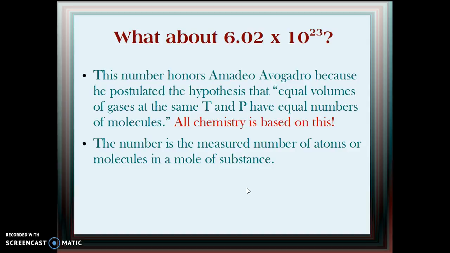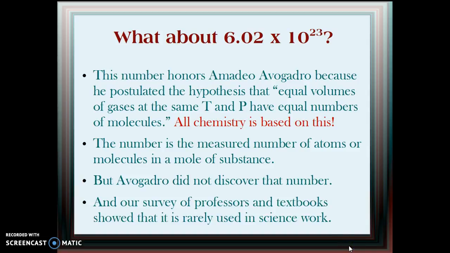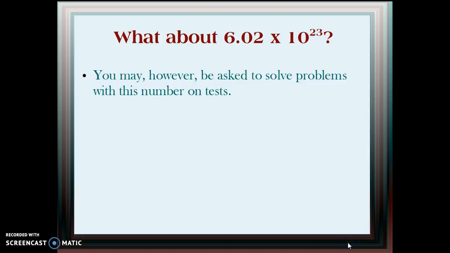The number is the measured number of atoms or molecules in a mole of substance, and this number has been known since about the beginning of the 20th century. Avogadro did not discover that number. He did not know what the number was. And when we surveyed a number of professors and textbooks, we found that it is rarely used in real science work. However, you may be asked to solve problems with this number on tests, so you need to know